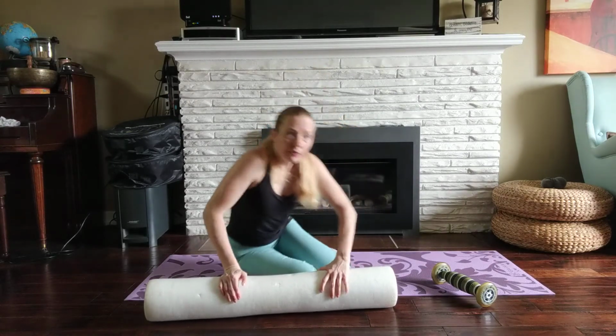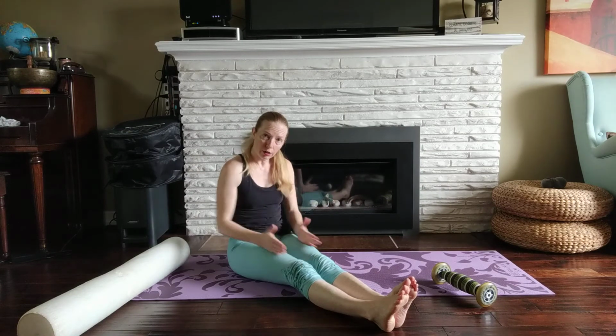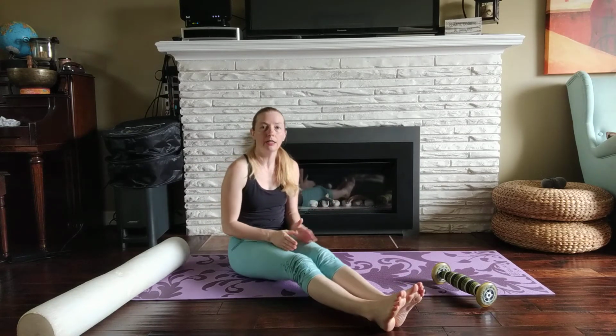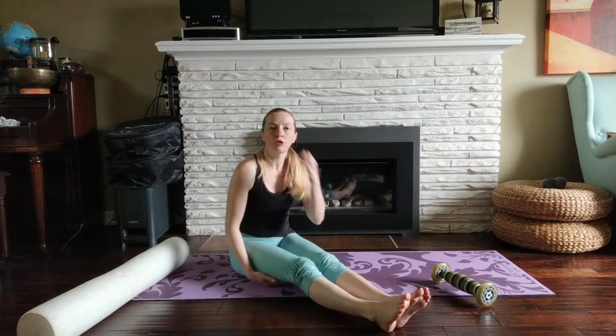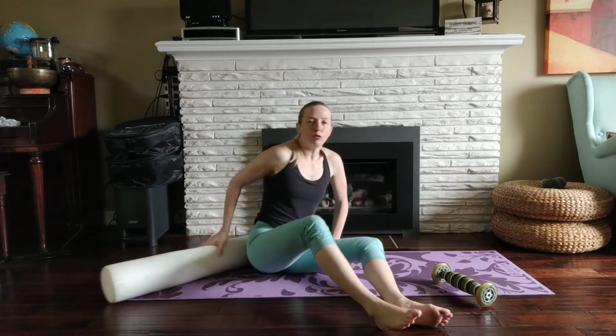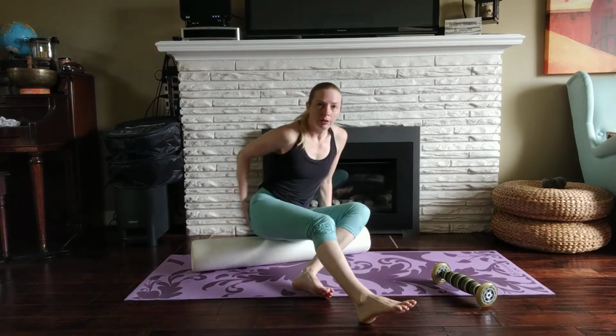Okay, once you have finished the 3 positions on the front of your thigh, front, a little bit out, a little bit of the inside, we're going to move on to other muscle groups. So we're going to do the glutes. Now the glutes, butt muscle,